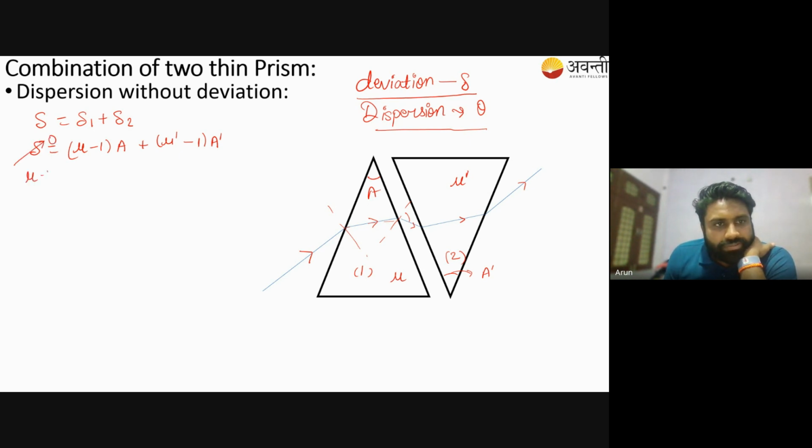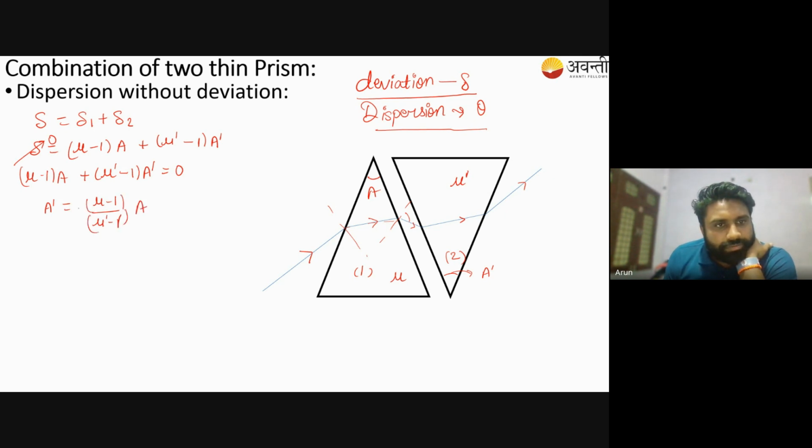So (mu minus 1) A plus (mu dash minus 1) A dash equals 0. What should be the value of A dash here? A dash is nothing but (mu minus 1) by (mu dash minus 1) into A,